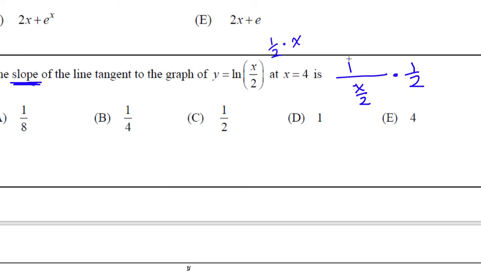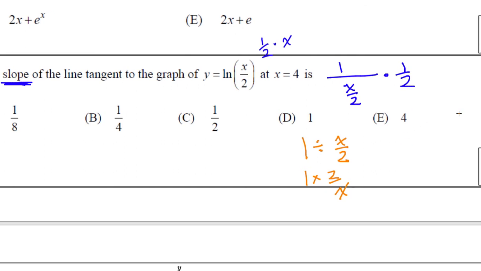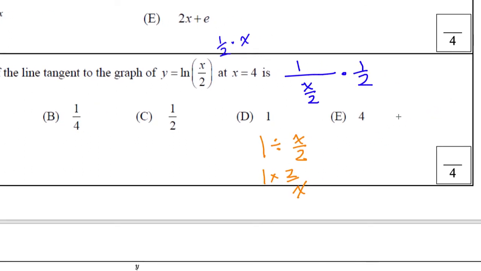So I now have done outer times inner. I need to now change this into a correct form. So again, if you don't know how to flip these correctly, you can think of this as 1 divided by x over 2. So it's keep, change, flip. 1 times anything is anything. So the correct answer is 2 over x times 1/2. So this is now 2 over x